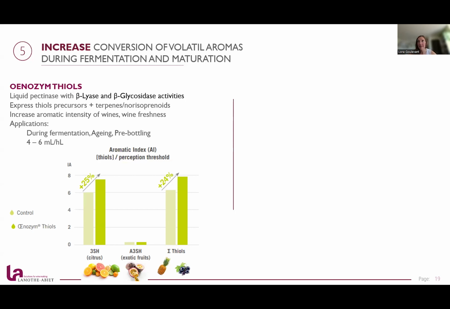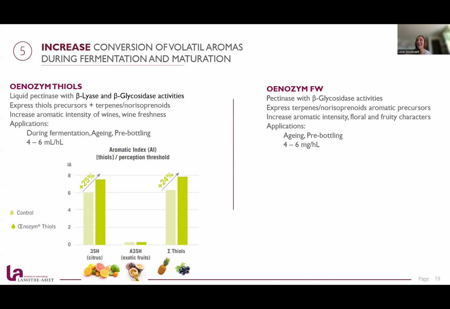It's a liquid enzyme, used at 4 to 6 milliliters per hectoliter. As you can see, it increases the total amount of thiols, so more aromatic complexity. And then another enzyme, another pectinase with more beta-glucosidase activity, will focus more on terpenes and norisoprenoids. So basically more for